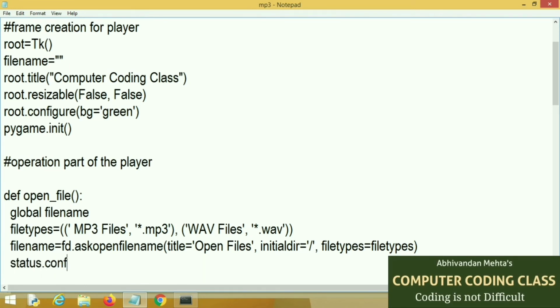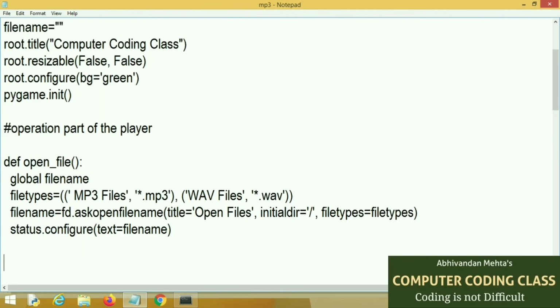Now we are also configuring the status bar. Here we are setting the text of status. Here status will display the sound file with its full path.